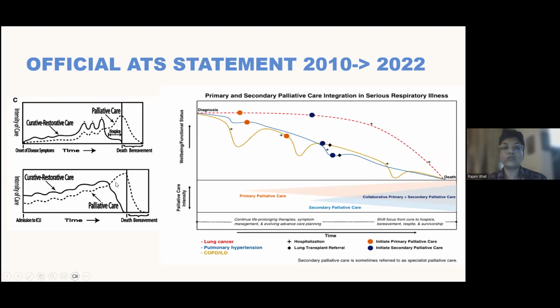In the situation of ICU, if there is death in the ICU, again, palliative care up to the point of death and support to the family in the time of bereavement. Now the ATS in 2022 made this latest statement where they've given us very definitive points in the trajectory of different illnesses, whether it is lung cancer, whether it is COPD, whether it is pulmonary hypertension. There are certain points in the trajectory of illness which present as opportunities for us to talk about values,